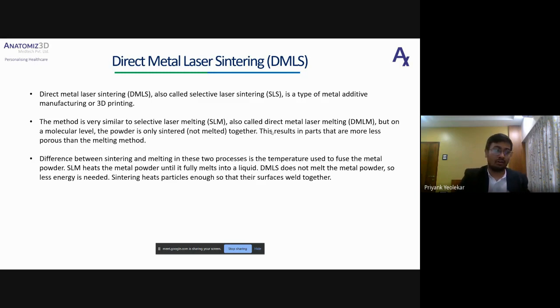This is what does not happen in DMLS. In DMLS, the powder is only sintered. Basically, the laser has just enough power to fuse two metal particles. You don't have to melt them together. So this is the difference between SLM and DMLS technologies.